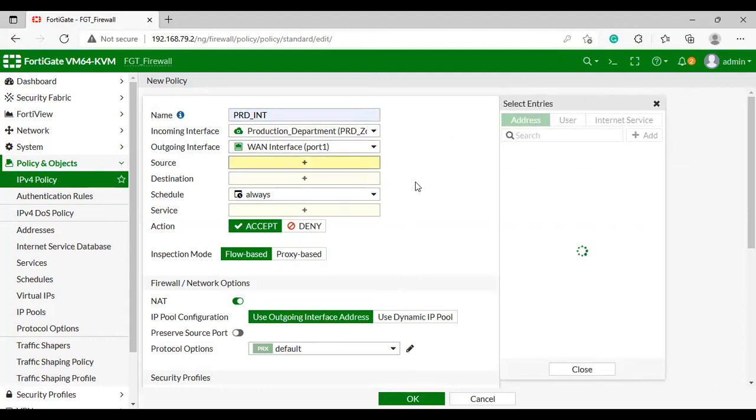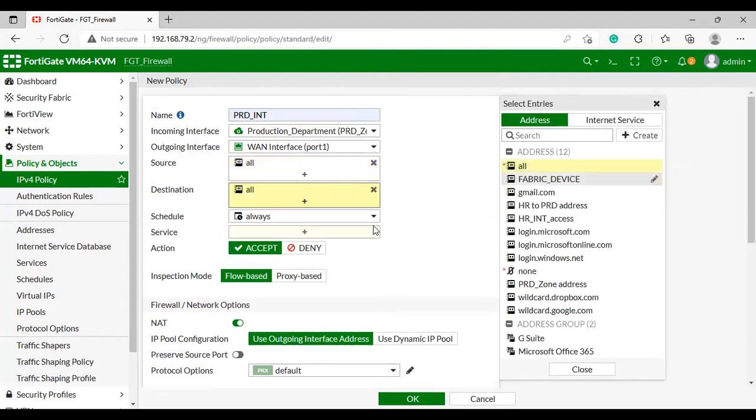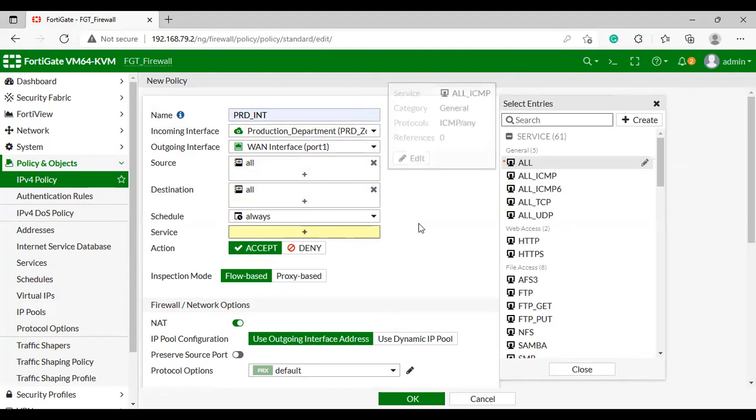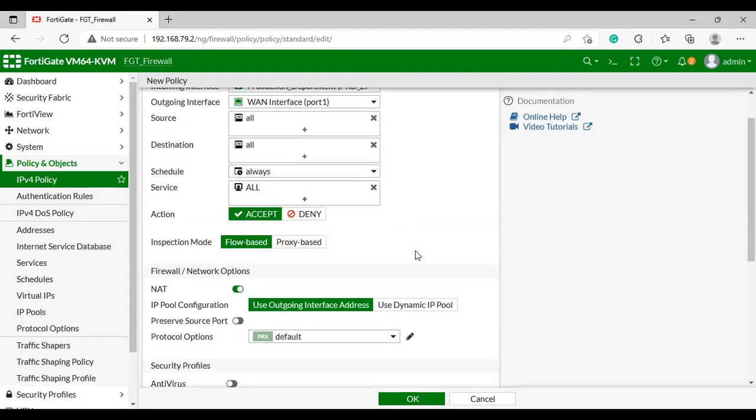For now I'm going to provide all for the source, all for the destination, and all for services. But in your case, you can provide whatever IP address you want. NAT will be on because this user is also going to access the internet. I'm going to click OK.